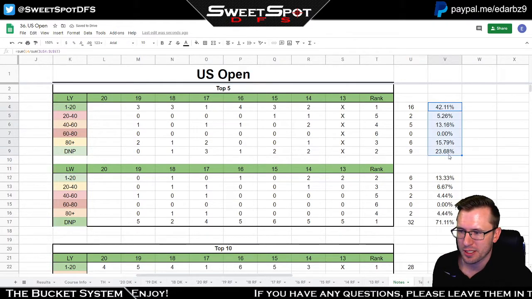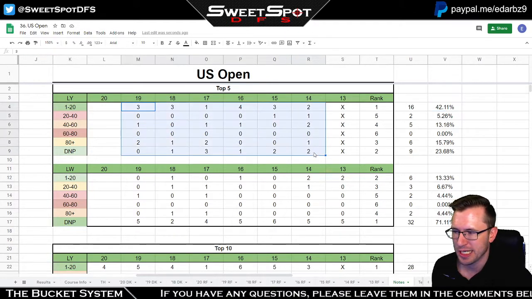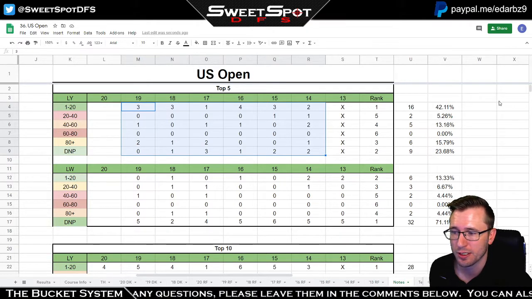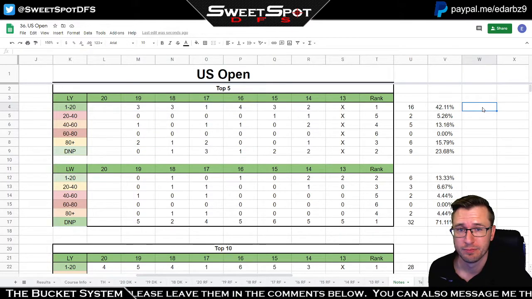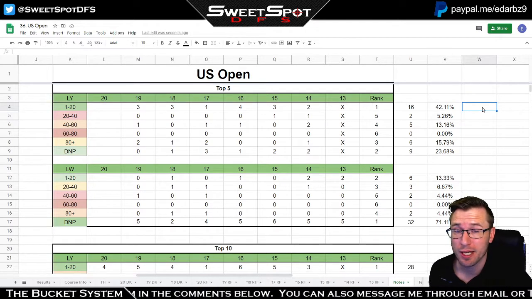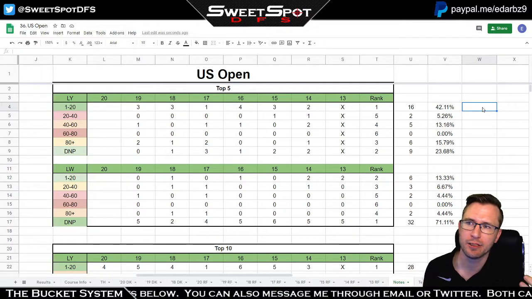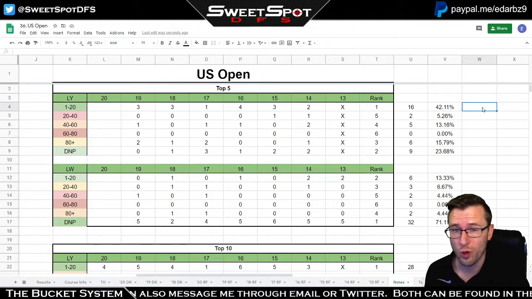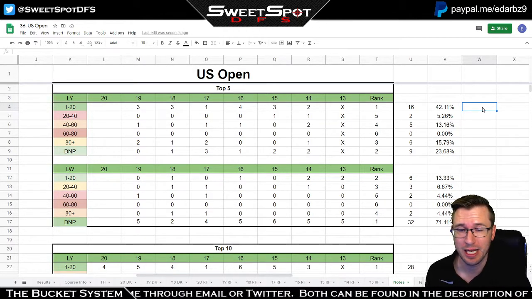So when I look at something like this, all this reads is 42% of golfers who finish inside the top 5 between the years of 2014 and 2019, I should have said it that way, 42% of them fell in the last year bucket one. 42%. That's nearly half. So what you could do is, if you were to create 100 lineups, you could go 42% of your 100 lineups, you put a last year one in there, at least one of them,